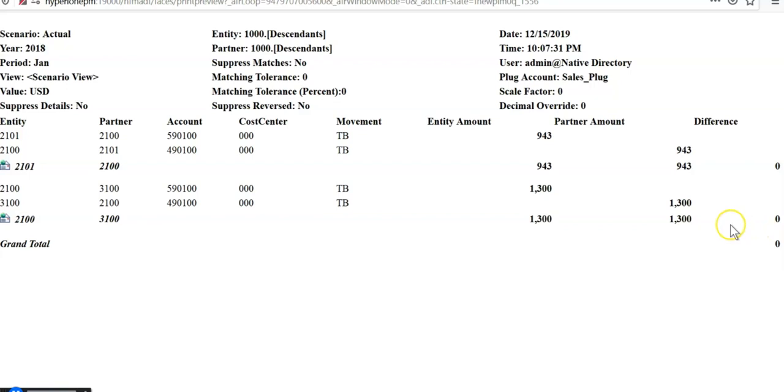If any entity records the other intercompany transaction with some other value, let us say one entity is booking as 943, the other entity booking as 950, there is a $7 difference. So this report will help controllers in any company to understand the intercompany issues.